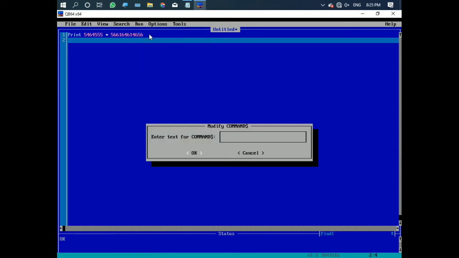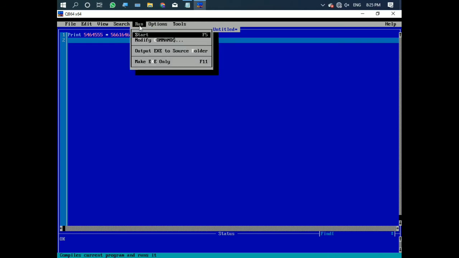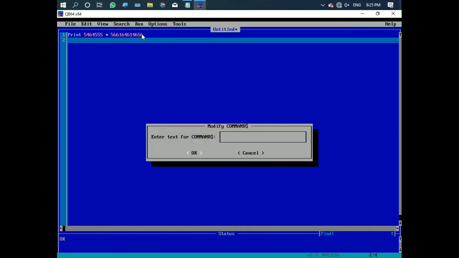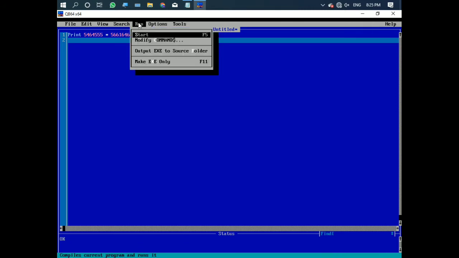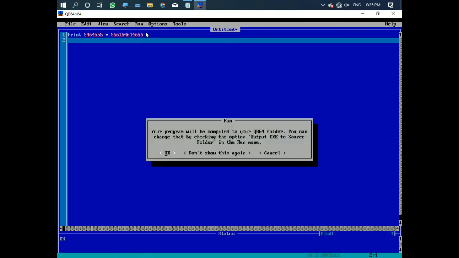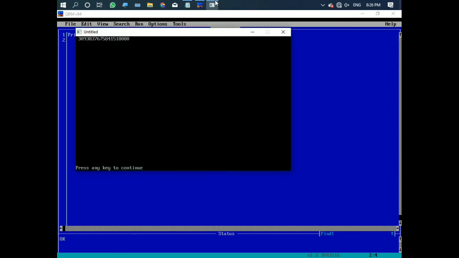Okay, something else is pressed. The new version of QBasic is just disturbing. Okay, let's press OK and then continue. Waiting for it, creating the exe file. Okay, done.